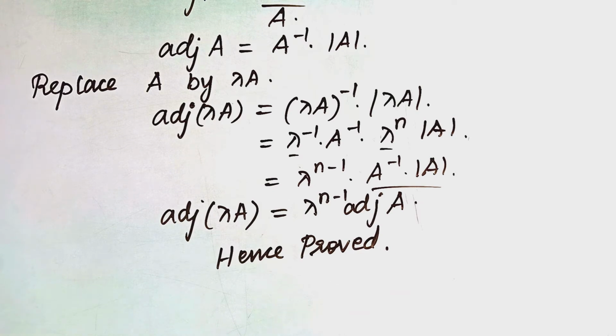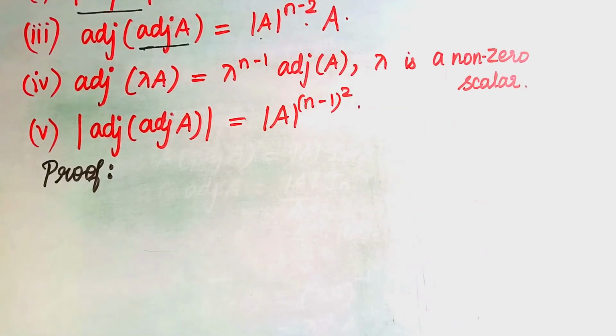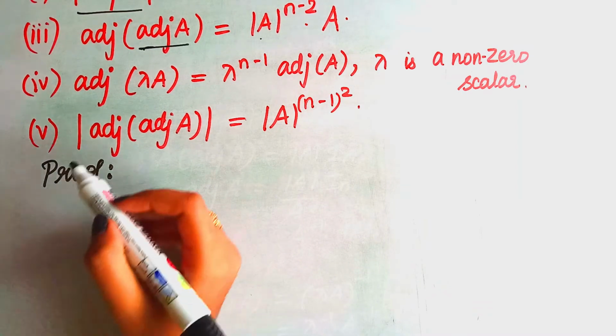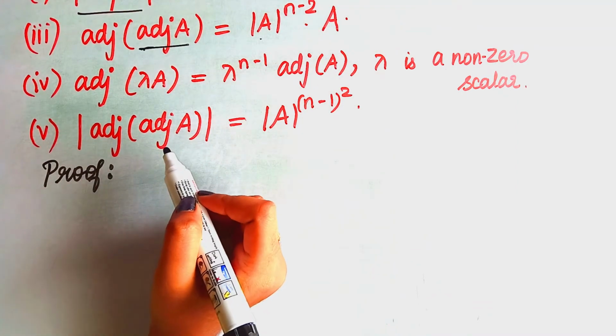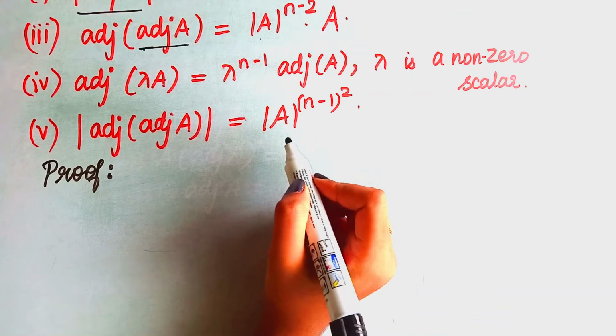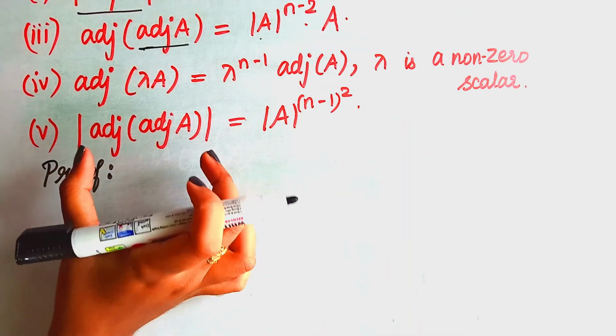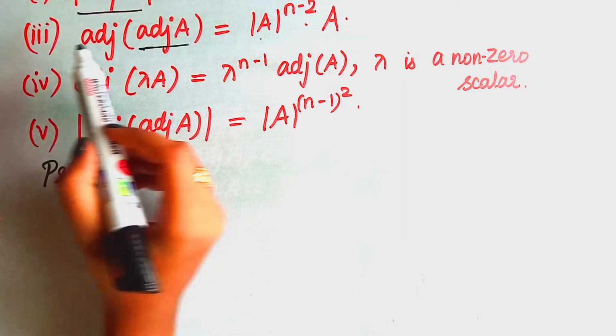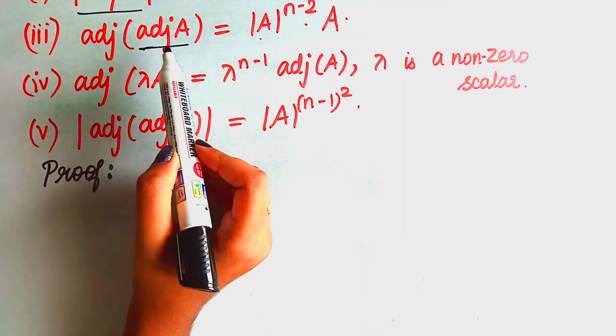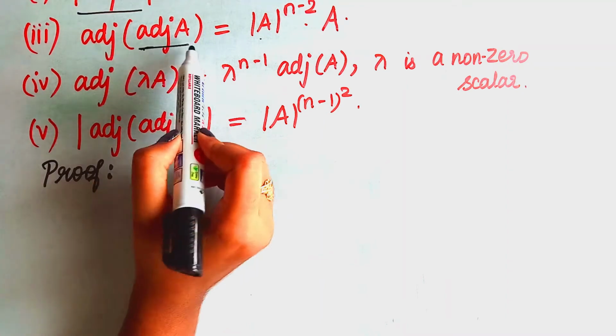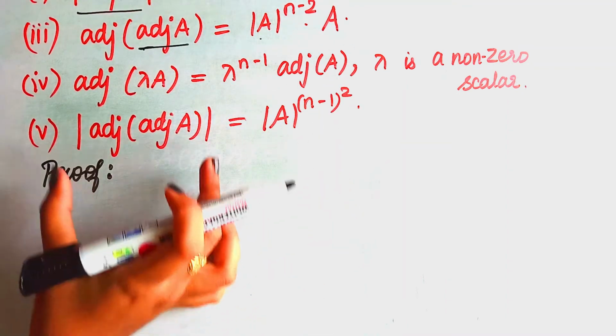Now let's get into our fifth subdivision. Fifth subdivision: determinant of adjoint of adjoint of a is equal to determinant of a power n minus 1, the whole squared. I guess you remember this, right? In the third subdivision we have seen adjoint of adjoint of a, so we have seen the value of this. Here we have to find the value of